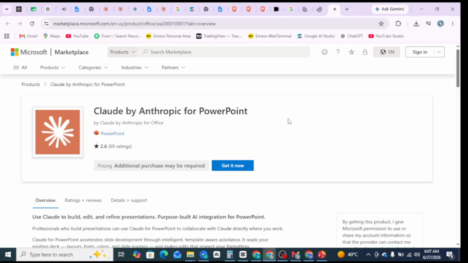In the sidebar, look for a field labeled Instructions. This is optional, but I highly recommend setting this up before your first prompt. Here you can tell Claude about your brand guidelines, preferred slide styles, your company's color palette, required sections for your presentations, or any recurring preferences. For example, you might write, use our corporate template, keep bullets to 1 line max, always use company colors blue and white. This instruction will apply to every presentation you create in the session, saving you from repeating it over